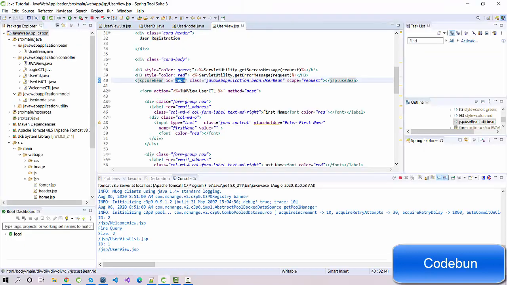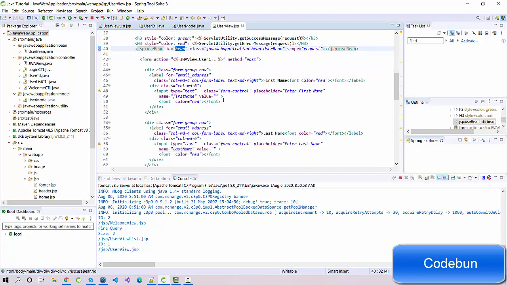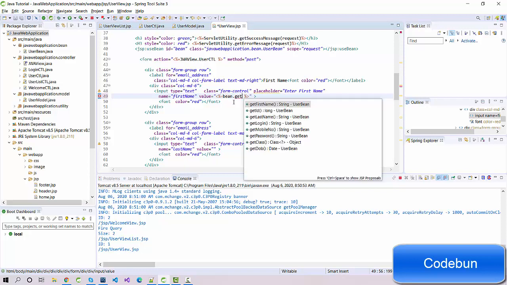So just open this bean ID and find every input field. Like we have the input field for the first name, so I'm going to place in this value place some data. So it should be percentage equals to bean dot get first name,